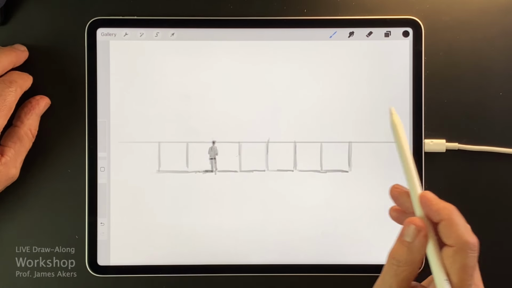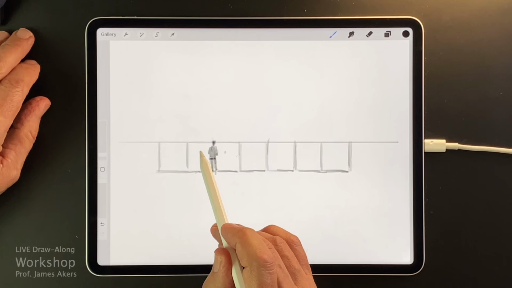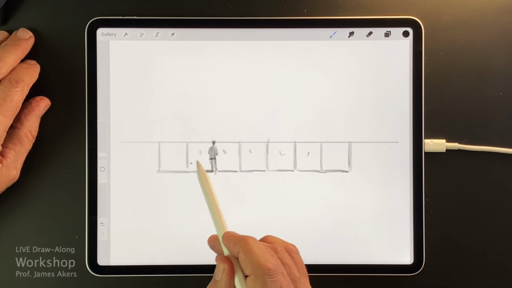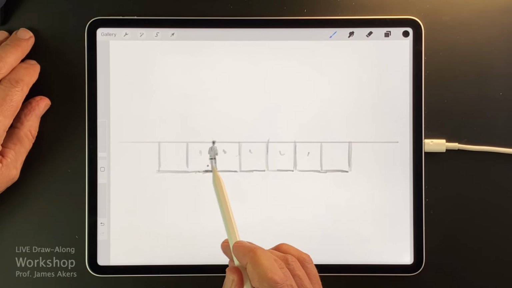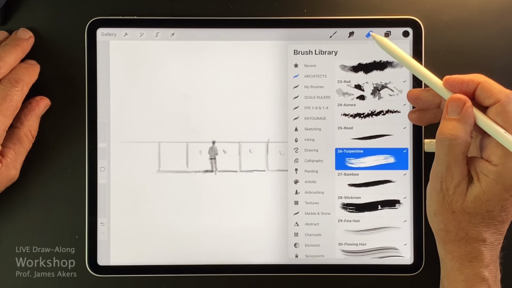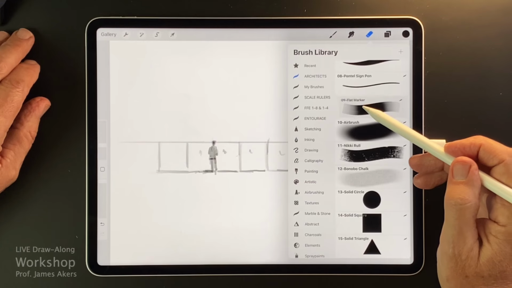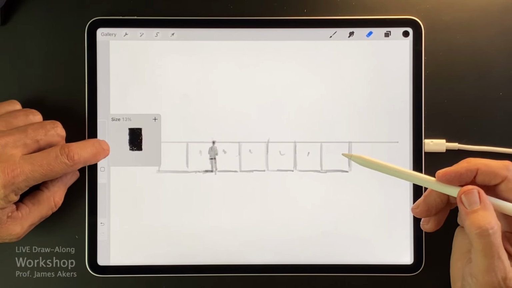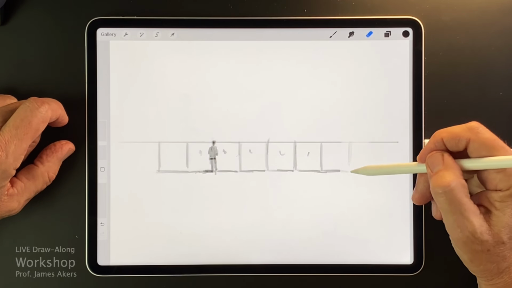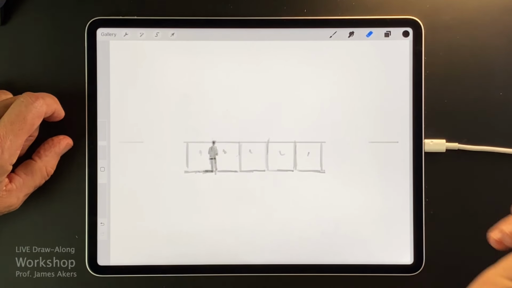So here I am, halfway through that first cup of coffee, and let's say that there's 1, 2, 3, 4, 5. So that's all it is. Sometimes that'll surprise you, that 25 feet is only that far. And I'll just quickly grab the eraser up here and make sure that's also not in some funny brush. But I'll also put that in the flat marker brush, and I'll make that bigger because I want to work fast. So here are the 5 squares I want to keep. That gives me my proportion across, and I'll just quickly erase this one and this one.